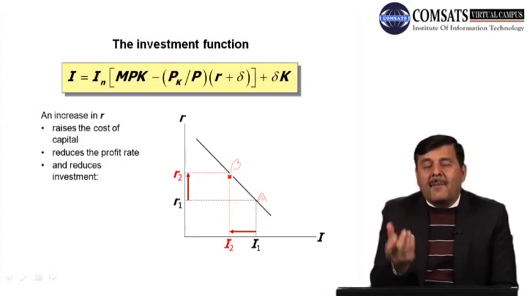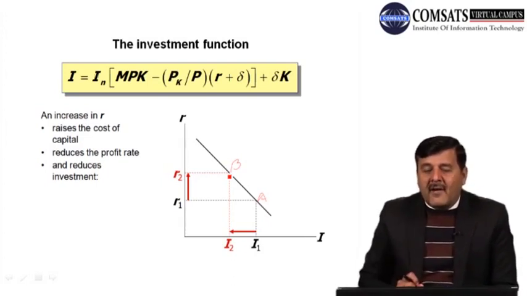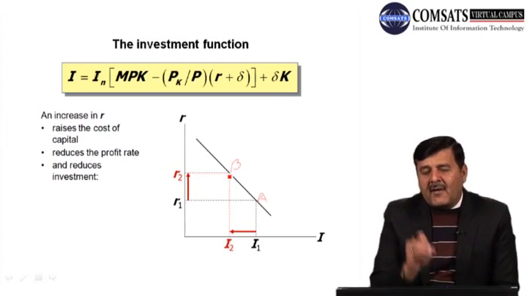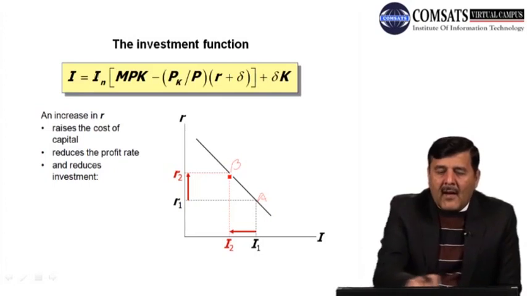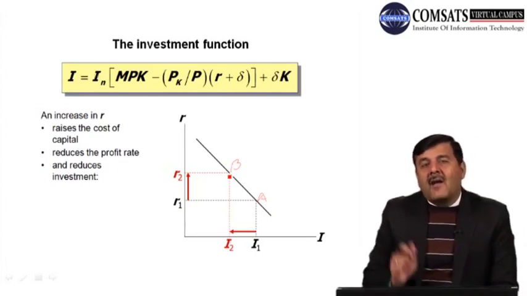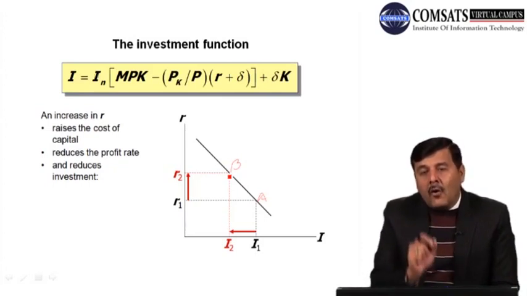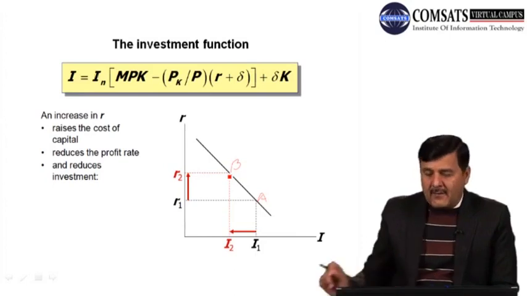It will increase. When the cost of capital increases, that is, the second component increases, it reduces the overall profit rate of the firm. As we discussed, when the profit rate falls, because this component becomes bigger and that one smaller, your overall investment will decrease. Because the profit rate goes down, investment becomes negative. So we can say that the rate of interest and investment are negatively correlated with each other.